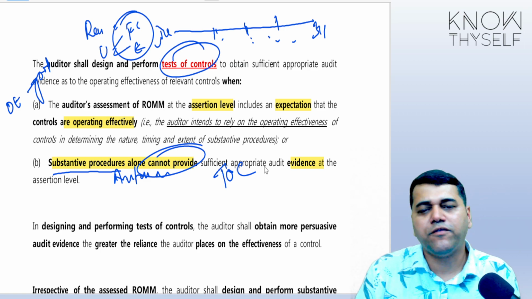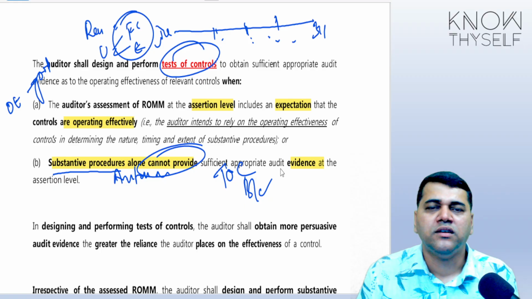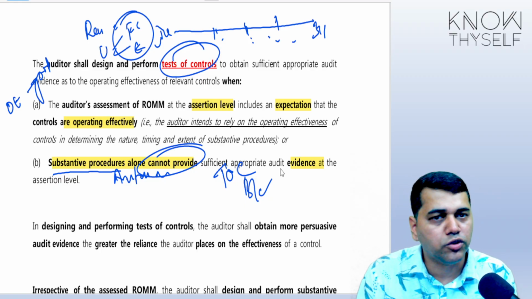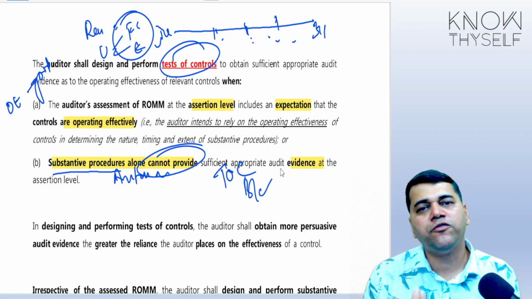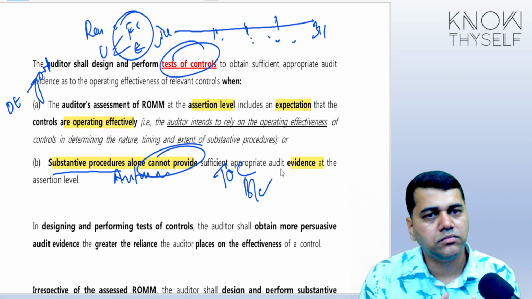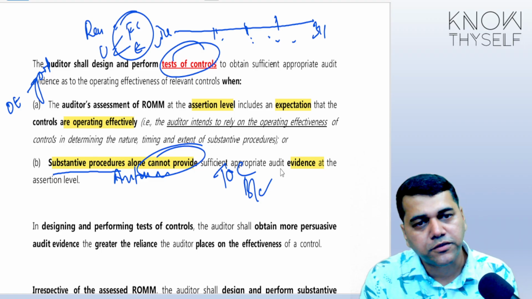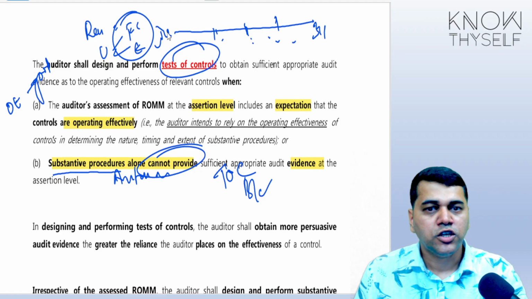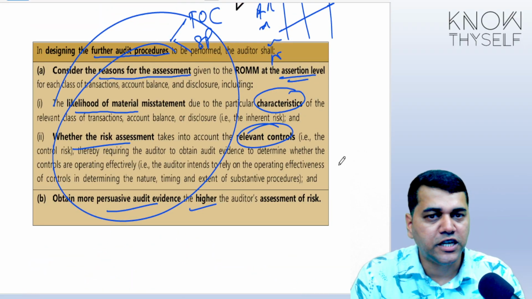Because let's say, for example, you have got a blockchain technology. In blockchain technology, nobody can manipulate. There is no external confirmation. There is no reconciliation. Now tell me, what sort of calculations you can do? What type of substantive procedures you will do? You cannot do it. So first thing, should I do test of control or substantive procedure?